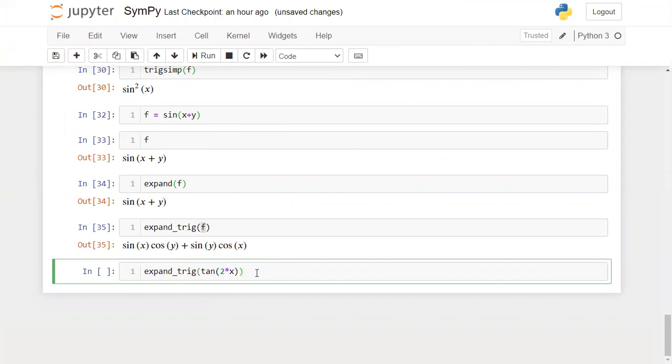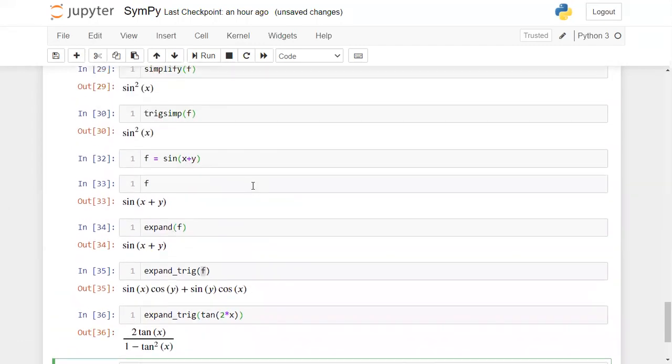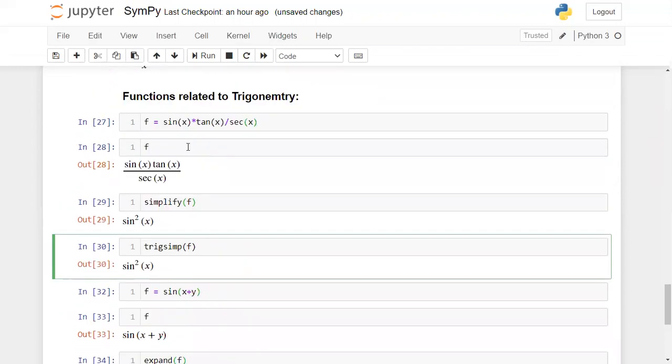When you write it like this, it will give you the expanded expression on the screen. This is how you can use expand, expand_trig, simplify, and trigsimp. These are different functions available in SymPy related to trigonometry.